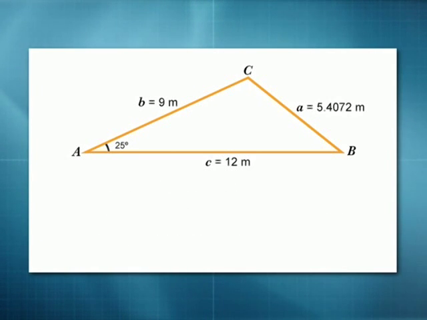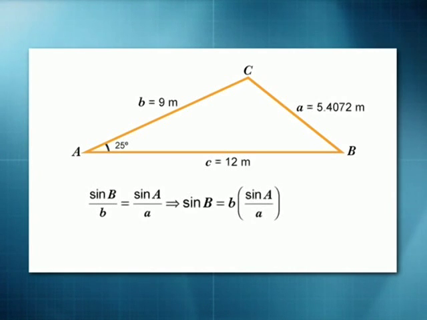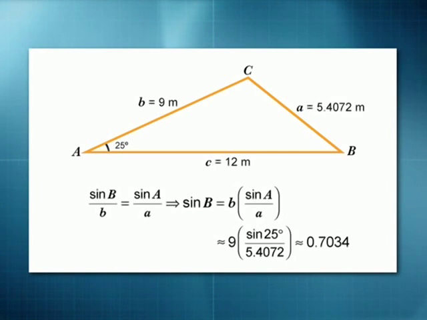Okay, we now know all three sides of our triangle, don't we? So we're kind of back in the other case. We could find, say, one of the other angles now. Sine B over b equals sine A over a. Here I'm using the law of sines. That gives sine B equals little b times sine A over a. Plug in these values: 9 times sine 25 divided by 5.4072 yields sine B approximately